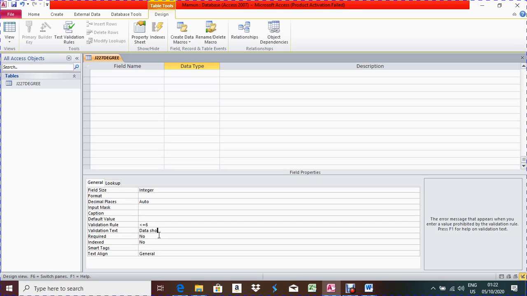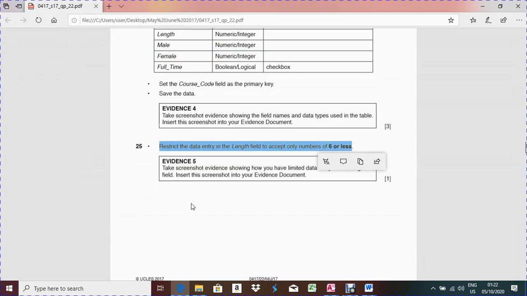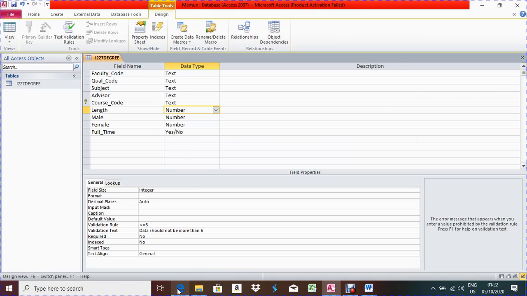data should not be more than 6. Okay, that means when you try to input some data which is more than 6, that time it will show you this error message. Now what they are asking you to do in evidence file, you have to take the screenshot. Some students take only one screenshot, you have to take two screenshots, like the error message also and the validation rules also. So take this screenshot, print screen,